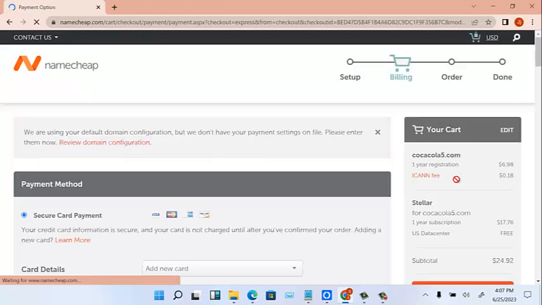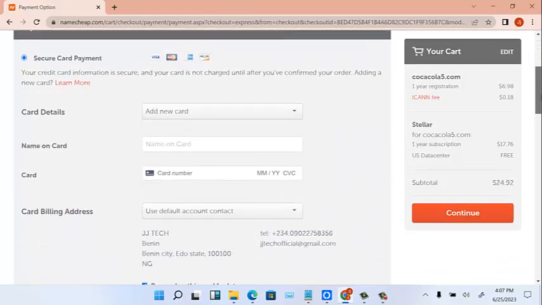Now there are some of these coupons that you can't use more than once. Once you have used it, you have used it. Now, very good. On this part,